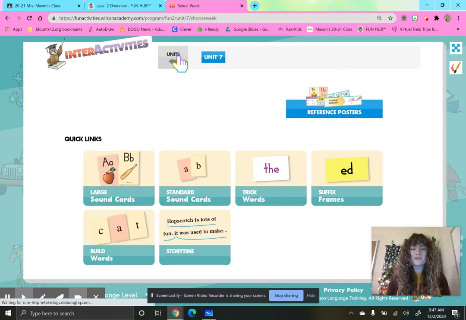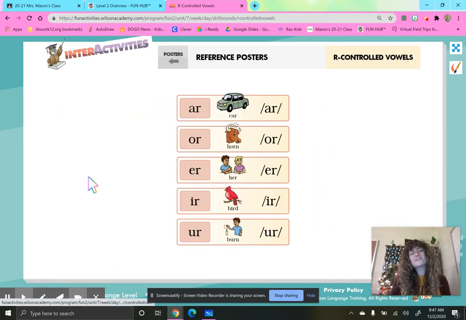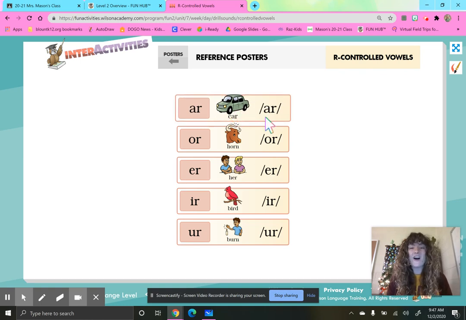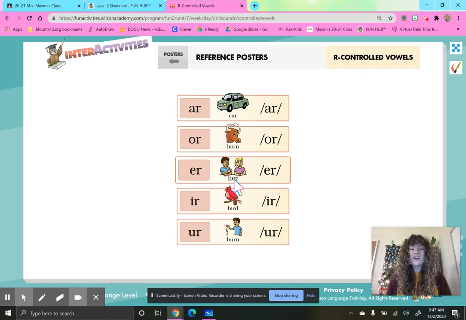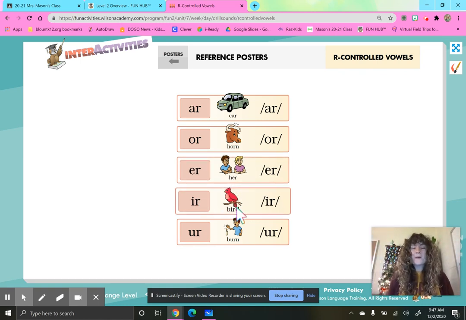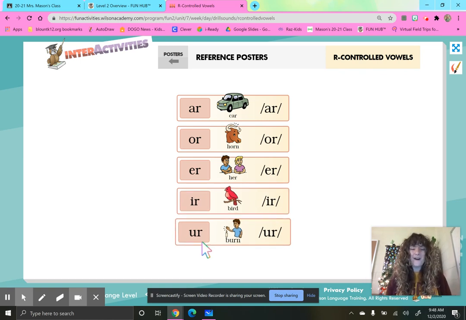All right, and we are going to wrap up our drill practice by doing some R-controlled vowels. Here we go. A-R, car, R. O-R, hoard, or. E-R, her, I-R, bird, U-R, burn, kiss your brains. E-R, I-R and U-R all say,